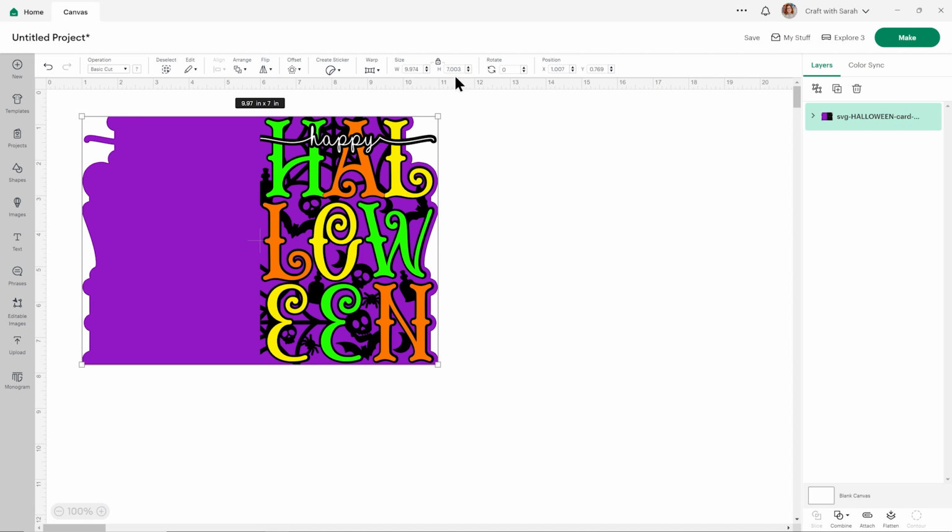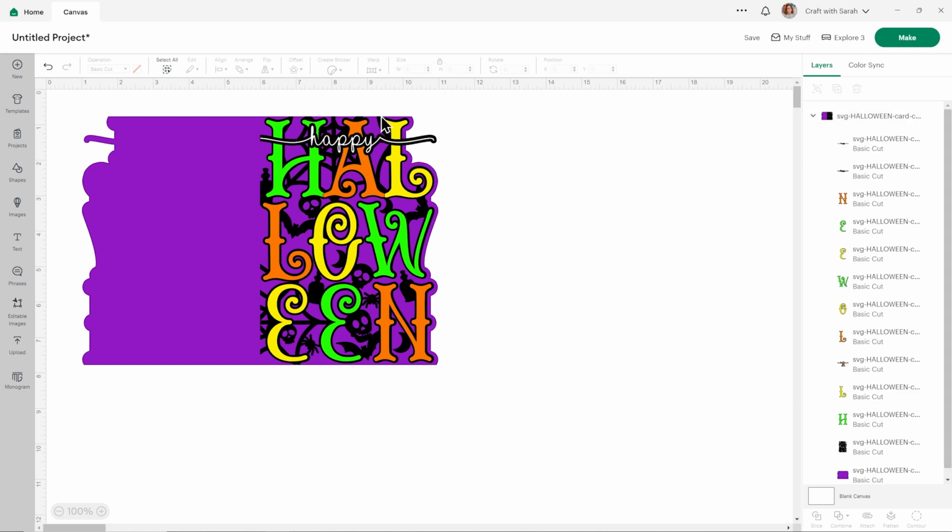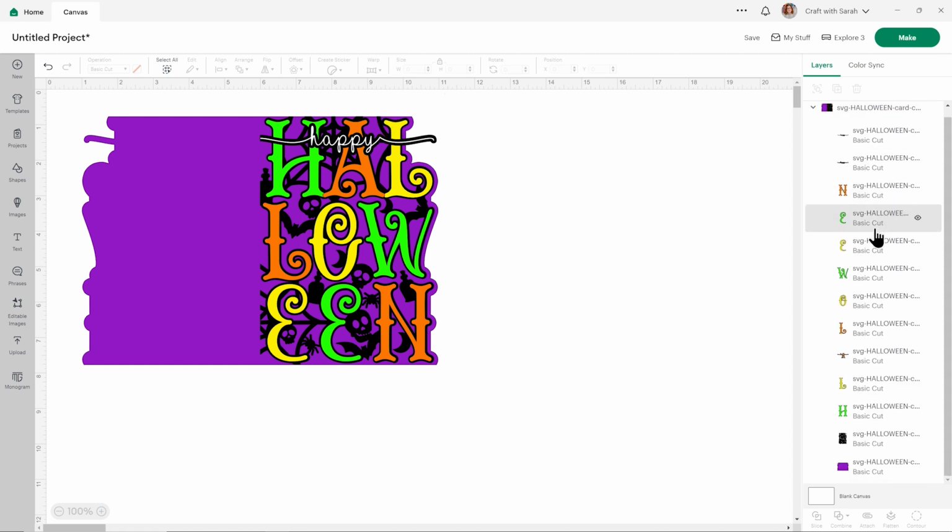Don't worry that it looks like it's a little bit more than 7 inches. That's actually just because I couldn't quite get the alignment of the black piece on the purple piece quite right. It should be that the black fits right inside the purple, but for some reason it's putting it overlapping a little bit. But if you go down and click on the purple layer itself, you can see that's exactly 7 inches, and the black one is just under 7 inches. So this card will fit in a standard 5x7 envelope when it's all made.